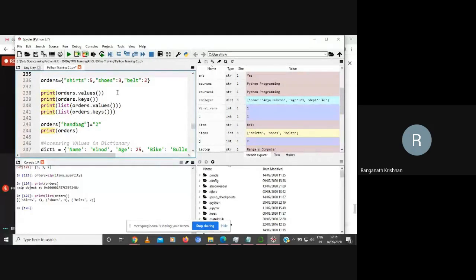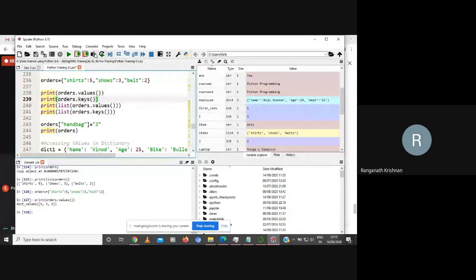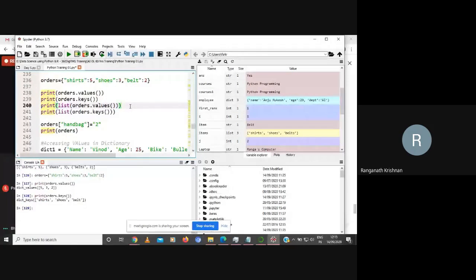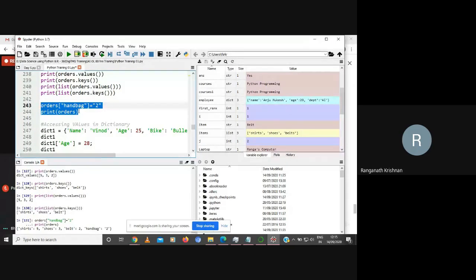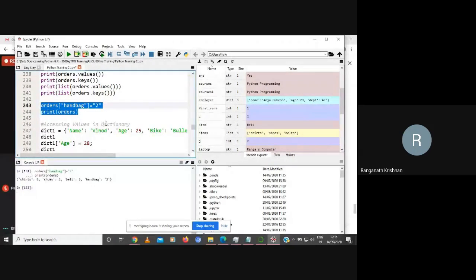If I want to only see the values of the orders, I can just say print orders. If I want to only see the keys, I can just say orders.keys. Same thing. If I want to do a list, okay. So this is again the same thing. I can add an extra handbag to the same thing.